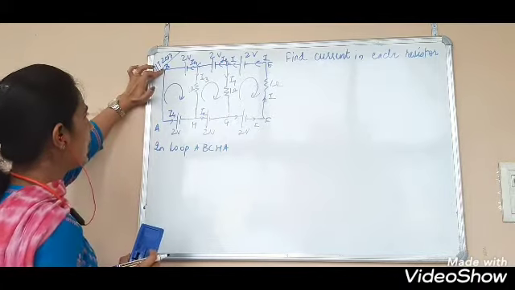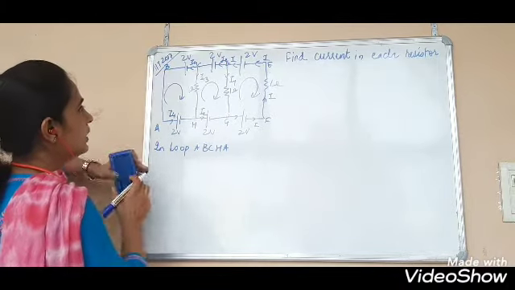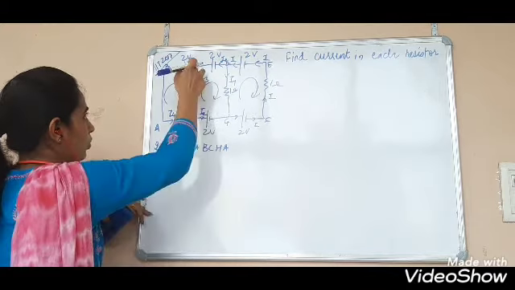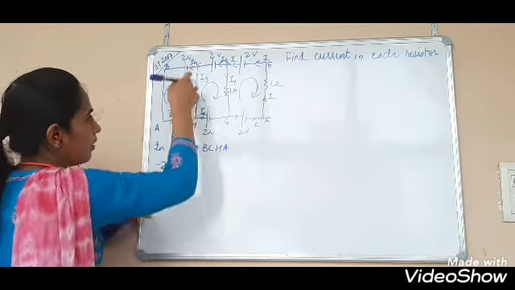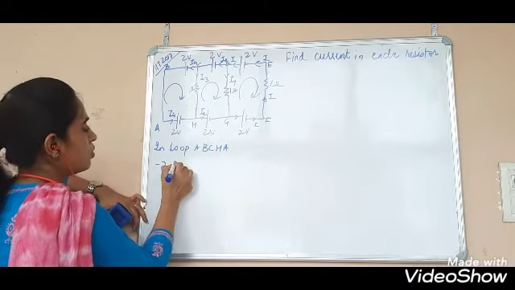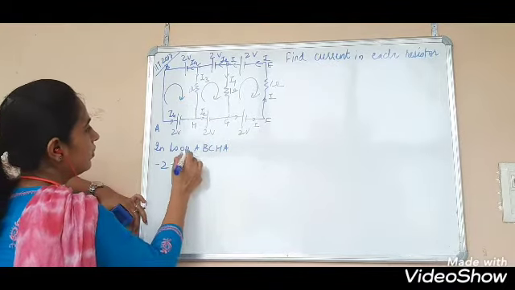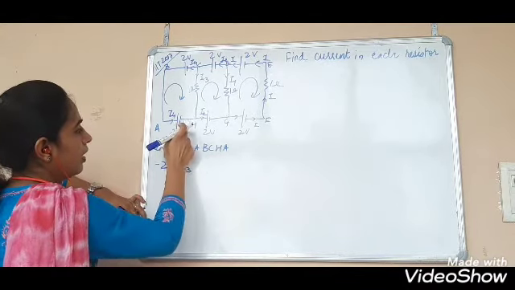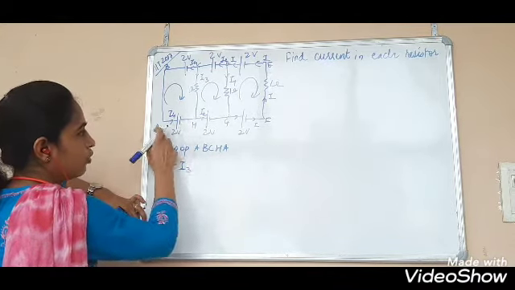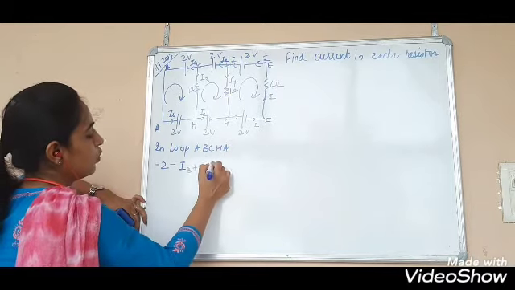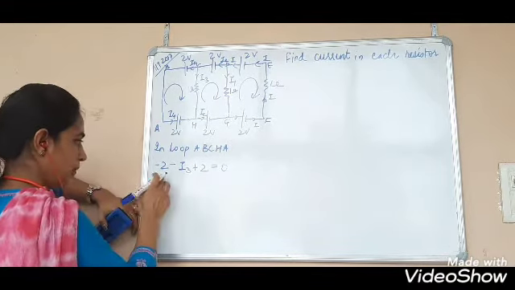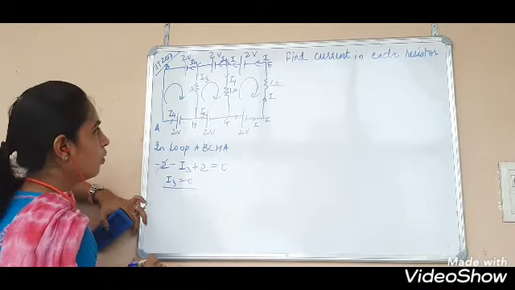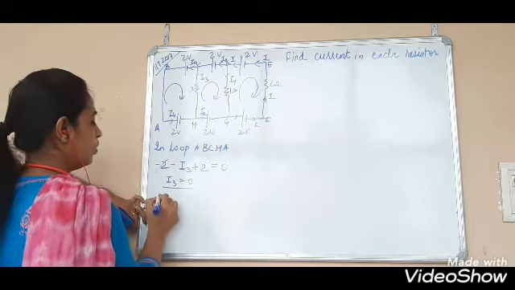The first one is A to B. B to C, you're going from higher to lower, so that is a drop, -2. Then C to H, path and current are the same direction, so -I3. Then H to A, that is a gain, negative to positive, so +2, equals 0. That means 2 minus 2 gets cancelled, and I3 is equal to 0. Wow.